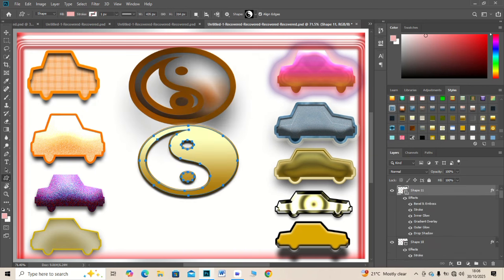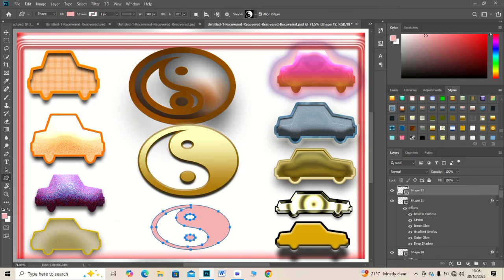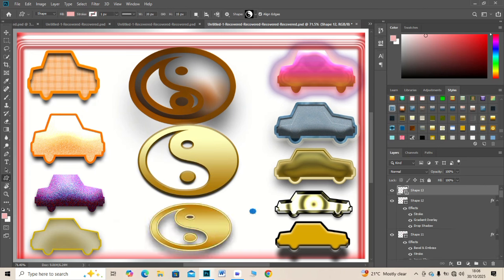Use a clone stamp if details need fixing. Enhance lighting with curves for realism and add a